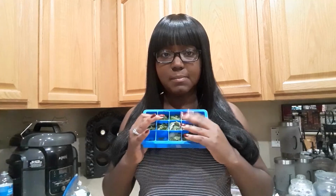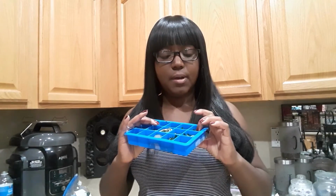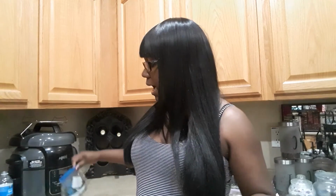But one of my favorite ways to preserve it is to mash it all up as much as I can and put it in ice trays like this. I like to use these little silicone ice trays because they're easy to break them out. And I love making salsa with cilantro that I've preserved. I put as little water as I can. As you can see with this one, there's still some cilantro at the top. So as little water as I can, but that'll provide a little bit of the water to the